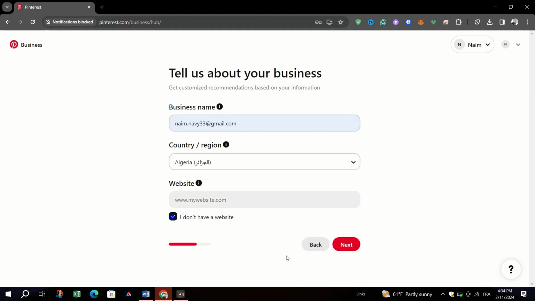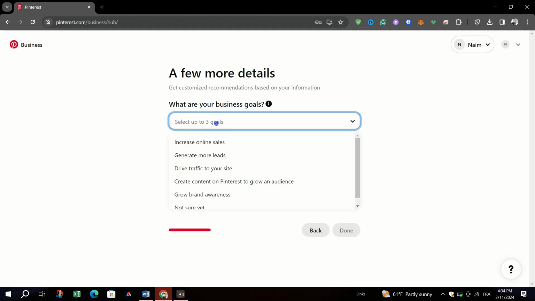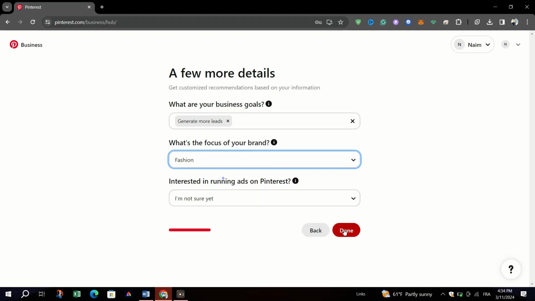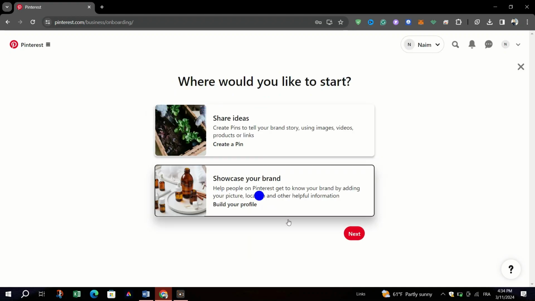Fill out the fields to build your profile and then click Next. Also, fill out the fields to describe your business, then click Next. Select if you want to run ads or not, and then also click Next. And when you're done, select where you'd like to start or click the X icon to go to your new